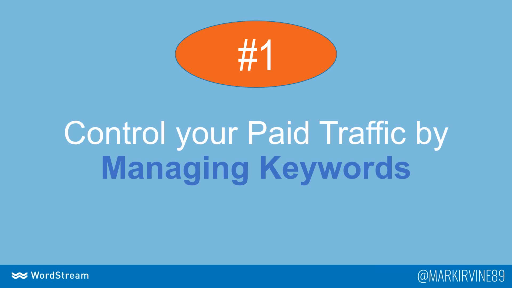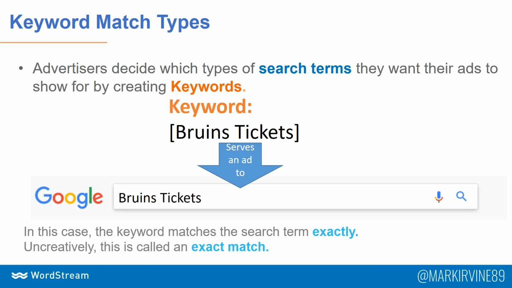And there are lots of different ways for us to approach that. But the first, most simple way that we're going to do this is we're going to control what type of traffic arrives at our site by creating and managing different keywords. And so advertisers are going to decide what types of search terms they want their ads to show for by